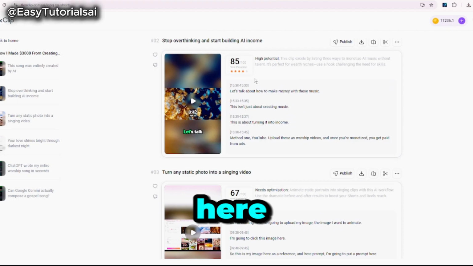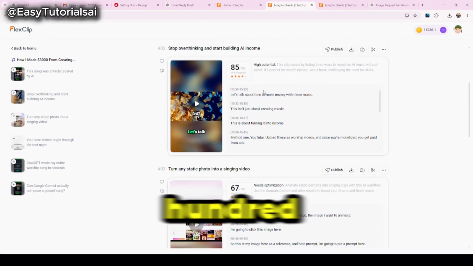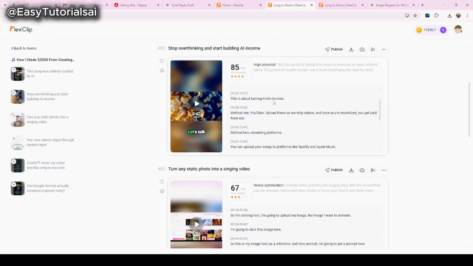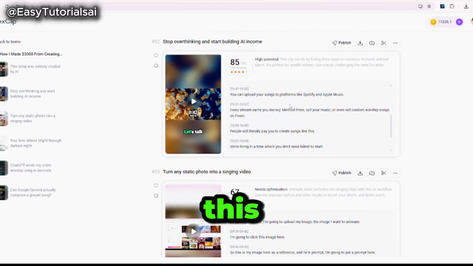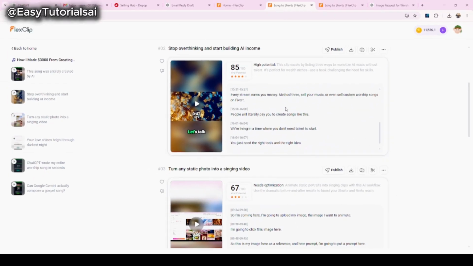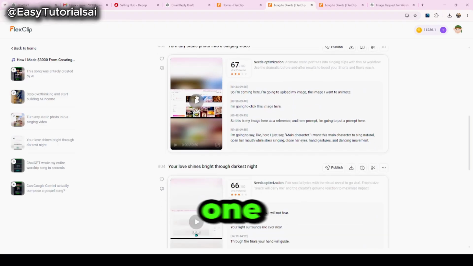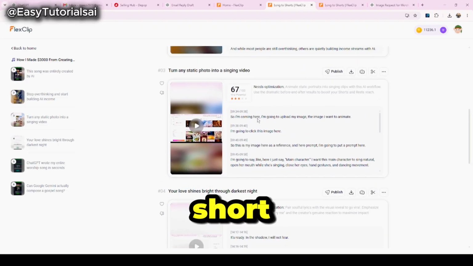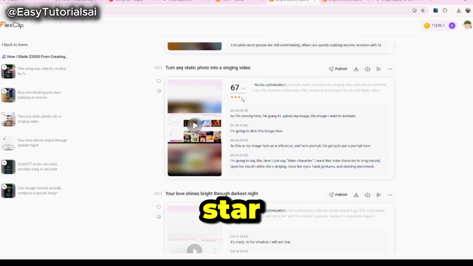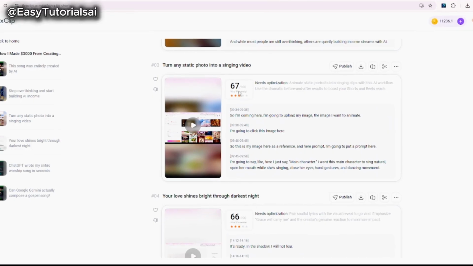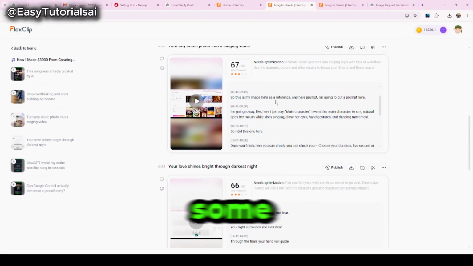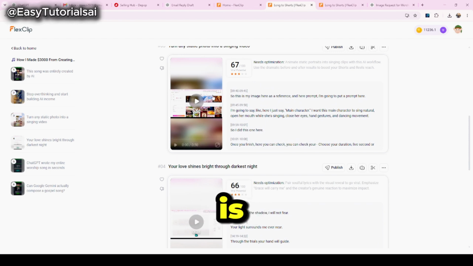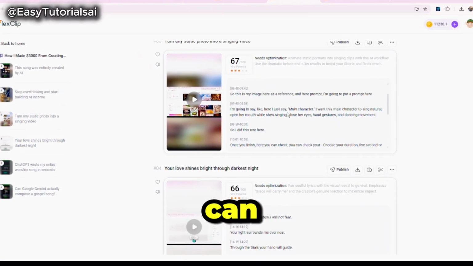The second one here is the same, 85 out of 100, high potential. They even put what is included in this short, you can see here. Another one here, the third short, gets 3 stars and a score of 67. This one needs optimization. You can add some stuff, you can change some stuff. You can take this kind of short to